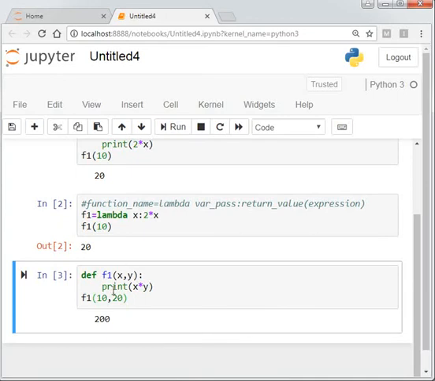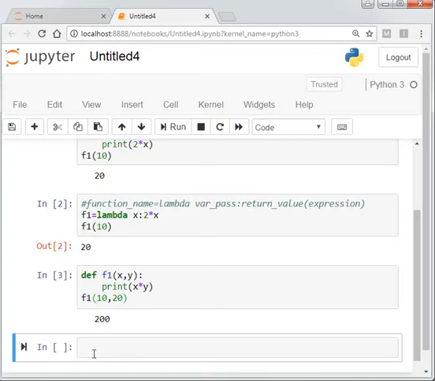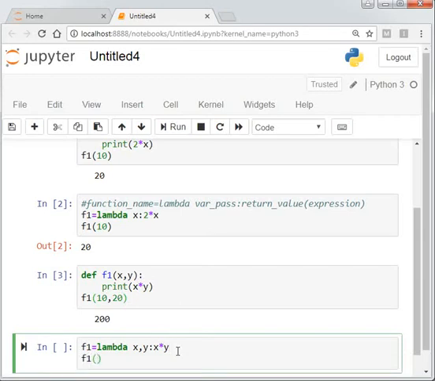So we have to convert that function by using the lambda function. Right here, first is the function name, then lambda. How many parameters are we passing here? Only two parameters, x and y. All the parameters which are passed into the function, we write here, both parameters x and y. Then what operation do we perform on it? Our operation is x multiply y. Again f1, and then the function will be called. So the result will be 200.